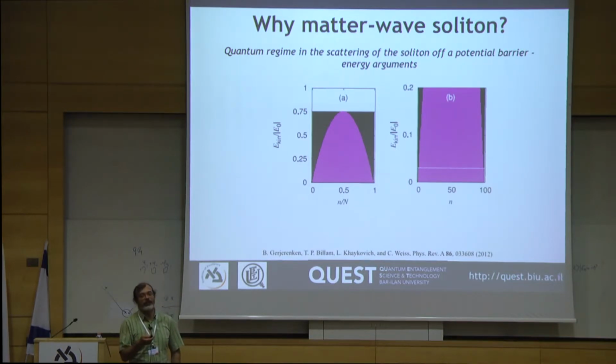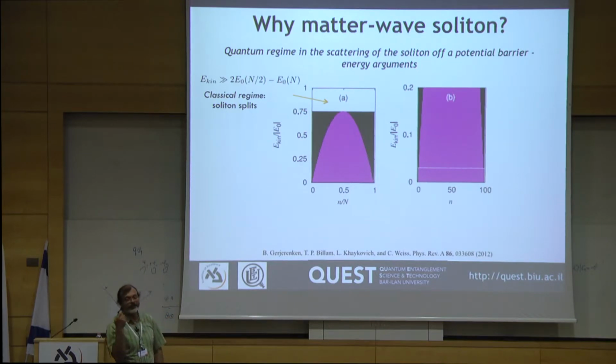So this consideration of very small kinetic energy as compared to the binding energy forbids you to be in this regime. And then when the kinetic energy goes to about the binding energy, so when it's 1, this is the classical region. So here, there is nothing interesting from my point of view that happens. This means that the soliton actually hits the barrier and splits into two parts. One goes to the left, one goes to the right. So again, we can recombine, see the interference, but this will be the classical object, the classical interference.